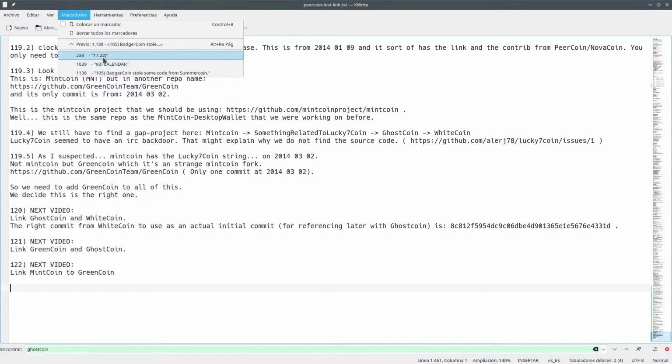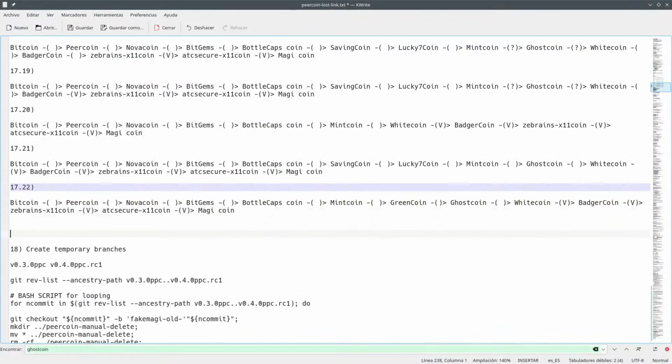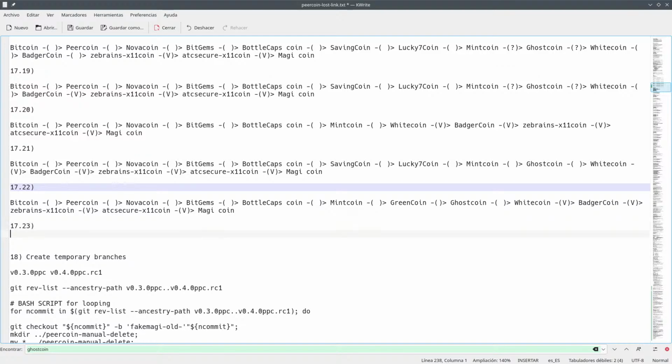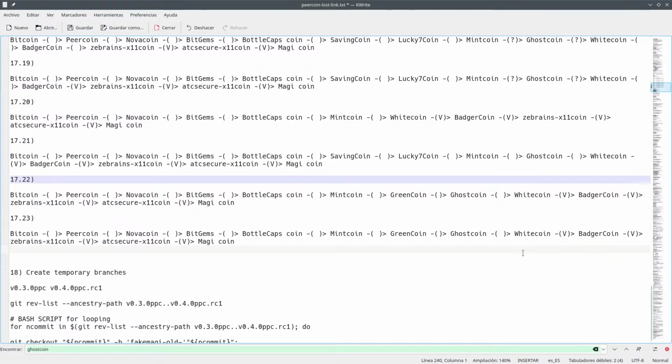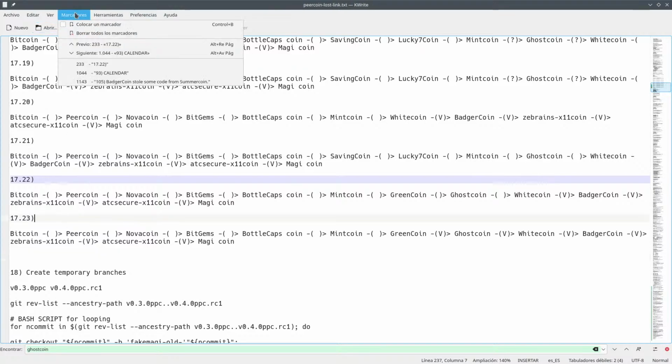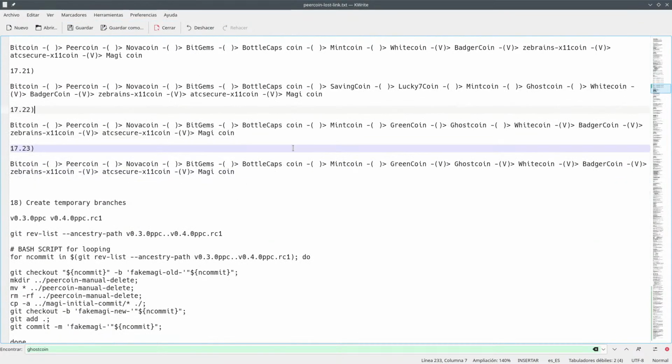So what we have here is something else. So now this is completed. We know how to, yeah, so we have Greencoin and Ghostcoin. The link has been done. So yeah, that's a nice thing to have here. Okay, so the next one is going to be Mintcoin and Greencoin, and that might be